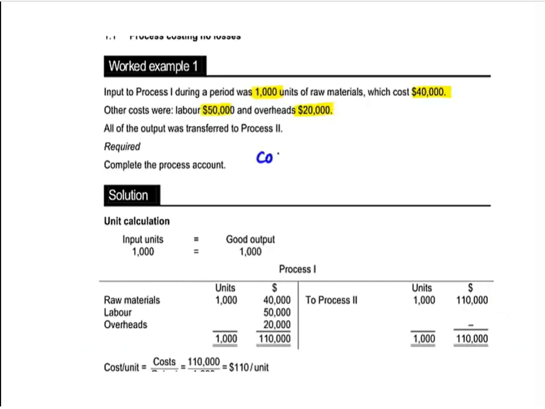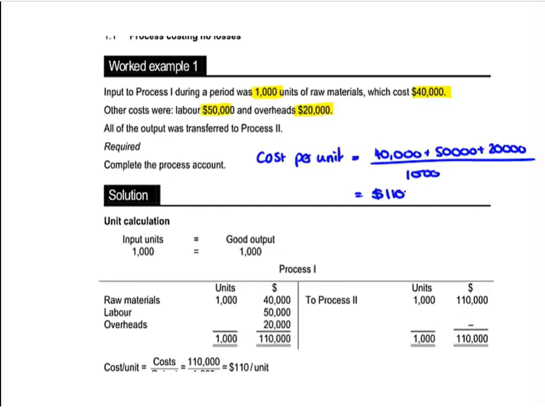So our cost per unit will be the 40,000 plus the 50,000 plus the 20,000 divided by 1,000 units. So every unit of output is going to have a value of $110